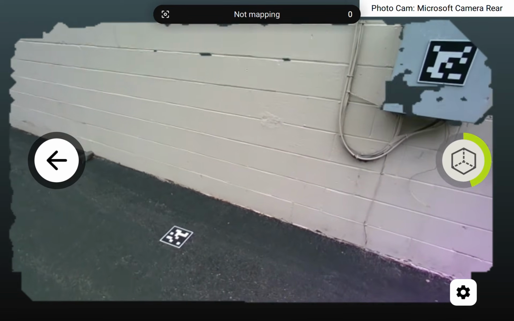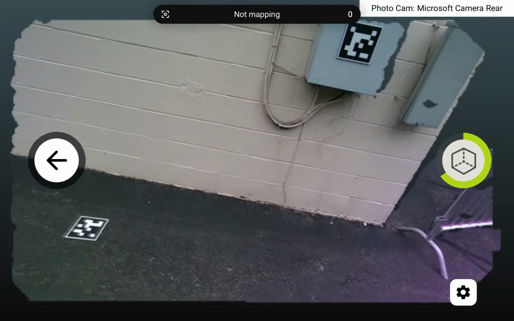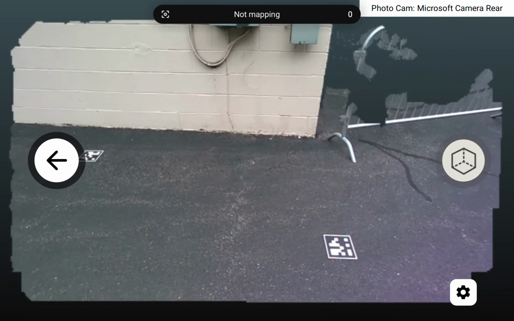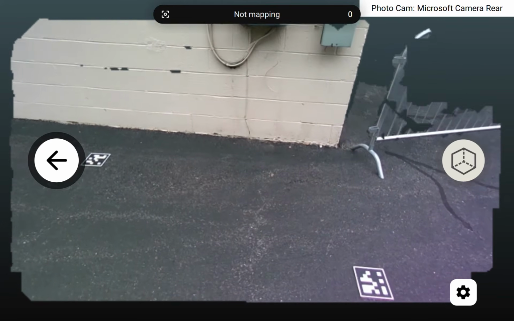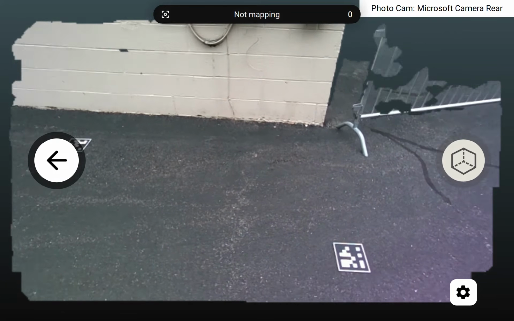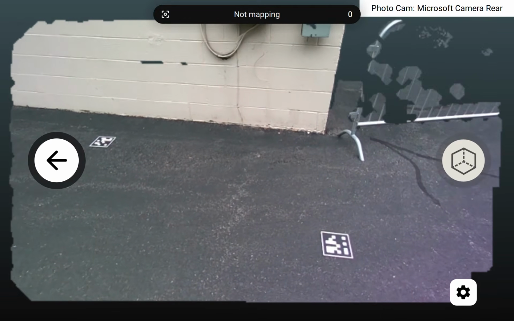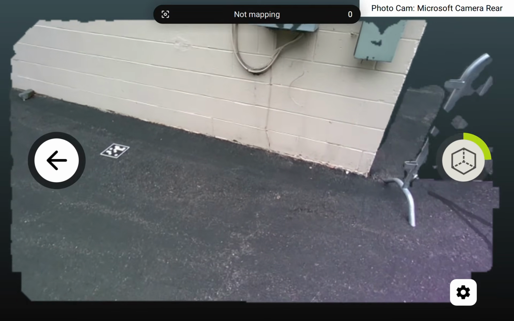You'll notice that I have 3 April tag targets here at my start point, and this is the simplest and most recommended workflow for these targets, where you want to always make sure to start and finish at a set of 2 to 3 of them. Technically, even this is optional, but it's a very easy process because all you have to do is put them